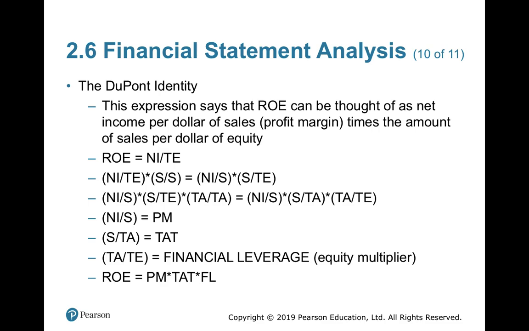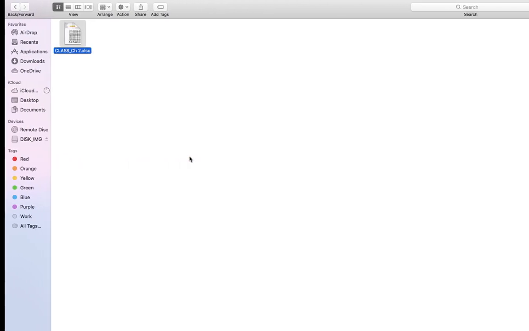But by changing the place values, we can rewrite the formula as net income divided by sales, sales divided by total equity, and that again multiplied by total asset divided by total asset. First time when it is derived like this. Again, rearranging the place values: net income divided by sales, which is net profit margin; sales divided by total asset, total asset turnover; total asset divided by total equity, that is the equity multiplier. Finally, sales cancels, total asset cancels, and the final formula will be net income divided by total equity. This is the way we have done it.